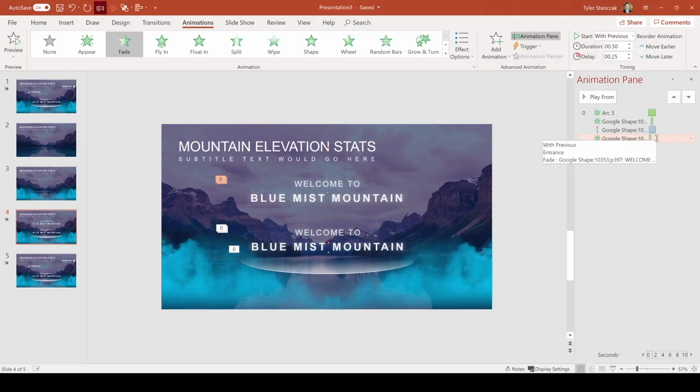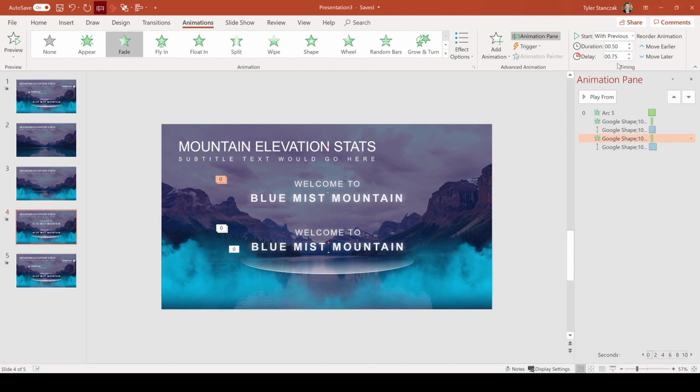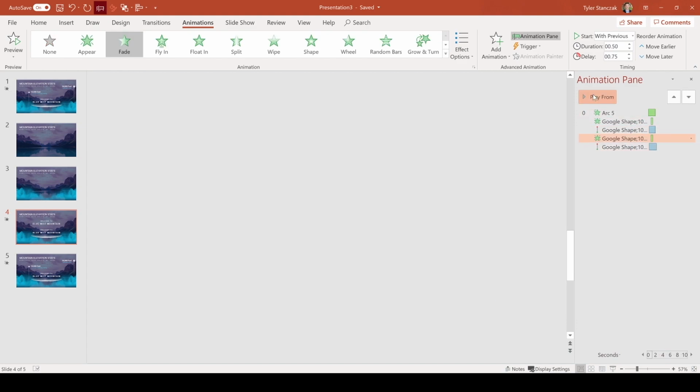And then we also want to make sure that the text is moving up but not appearing until it's already moving upward. So that's why we have this fade animation with a little bit of a delay. That way the line animation is working behind the scenes and then the fade works as a smooth way for the text to come up and appear. So I'm just going to have a delay of 0.75 for the fade, and then the line I can have a delay of 0.25.